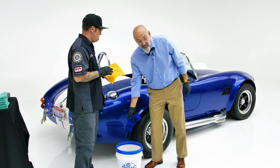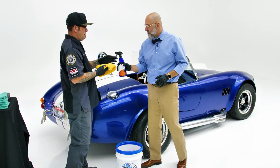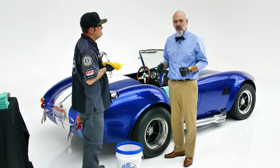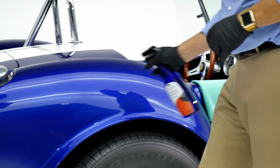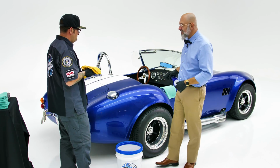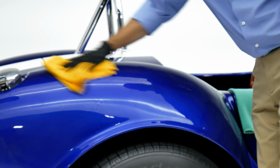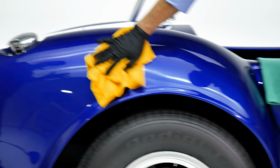Now we're going to use paint prep as a drying aid. So let me get you some paint prep. And paint prep is the exception to the rule. Normally with Optimum products, the less you use, the better it is. Paint prep, we're actually going to apply rather liberally. Okay. So if this were Optimum car wax, that would be enough to do the whole car. Yeah. So another 365, just in gold. Yeah, that's what we're using. And I let the paint prep dwell a little bit. That way it can actually clean and...